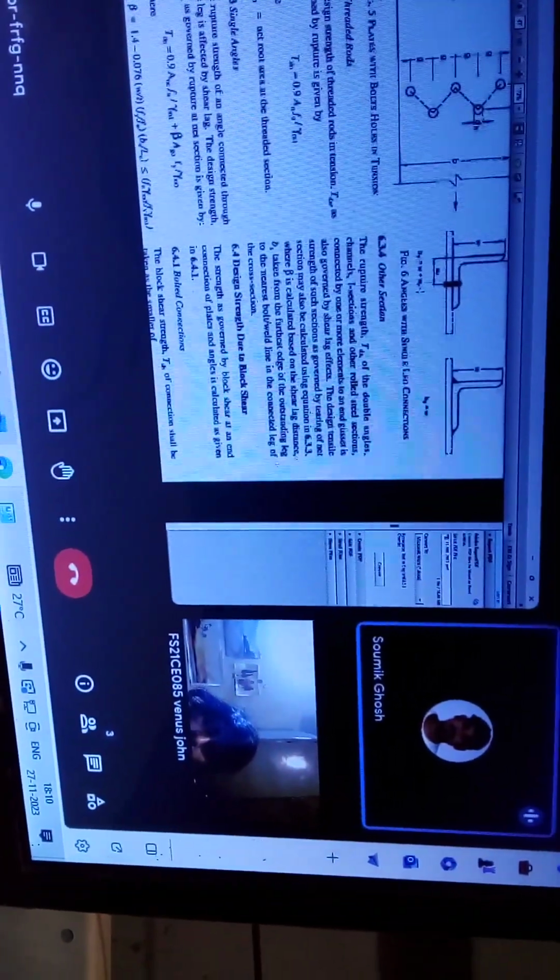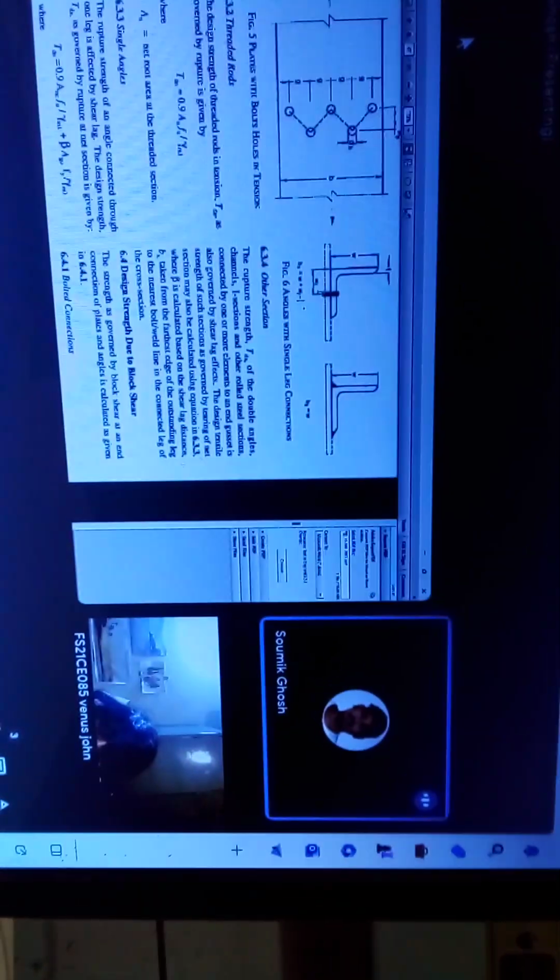So here it is bs divided by lc. This lc is basically the length of the connection. You can imagine it here, but when we draw these things in plan, then you will understand how we can calculate this lc. Lc is basically the length of the connection. Maybe you can imagine that this is your bolt line, and how many bolts you can see here? One. But this is the bolt line. From here you are just seeing the cross